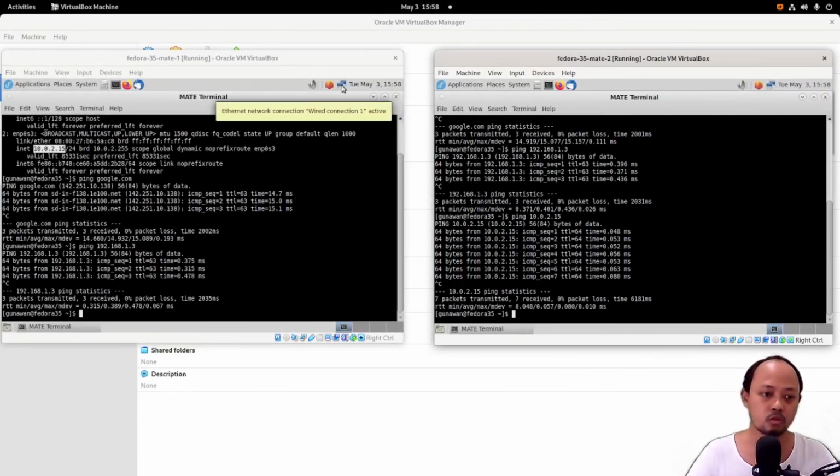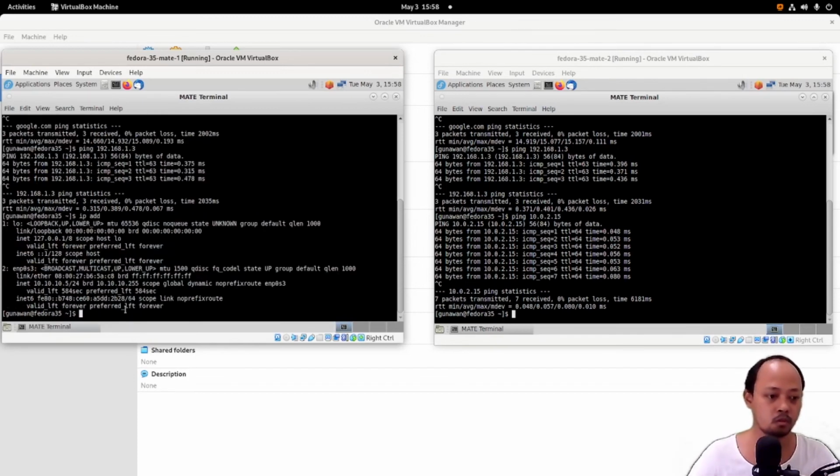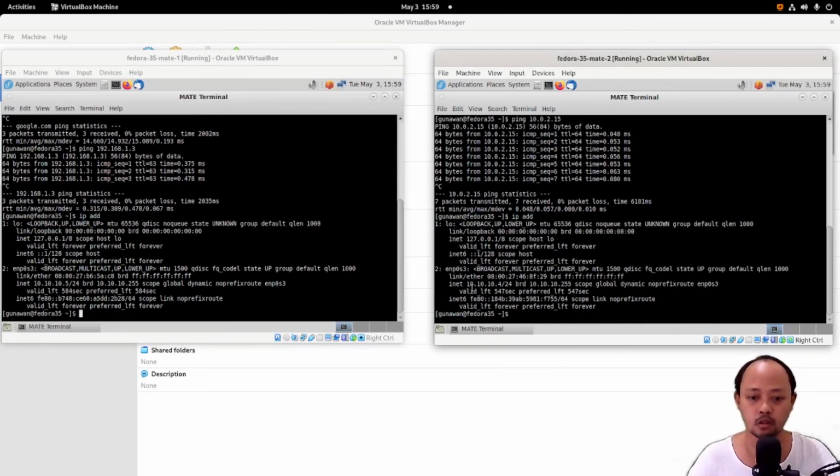We need to restart the connection. This is the IP before, and this is the IP now. You can see here, it has already changed.